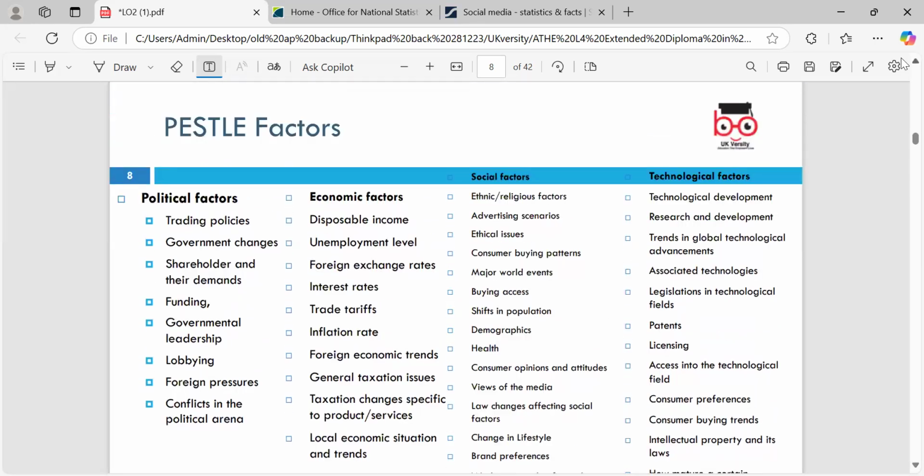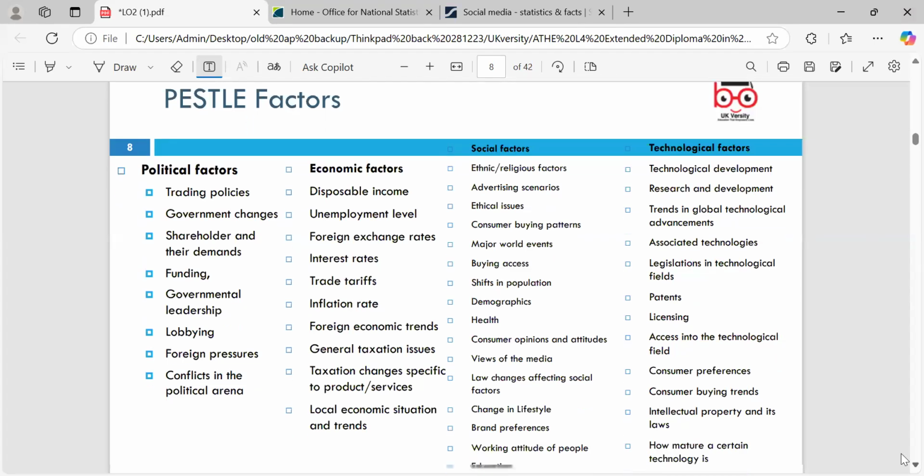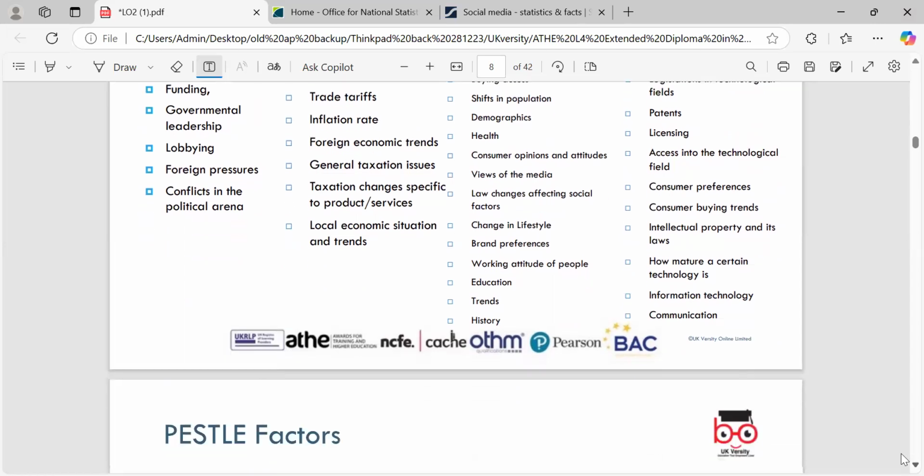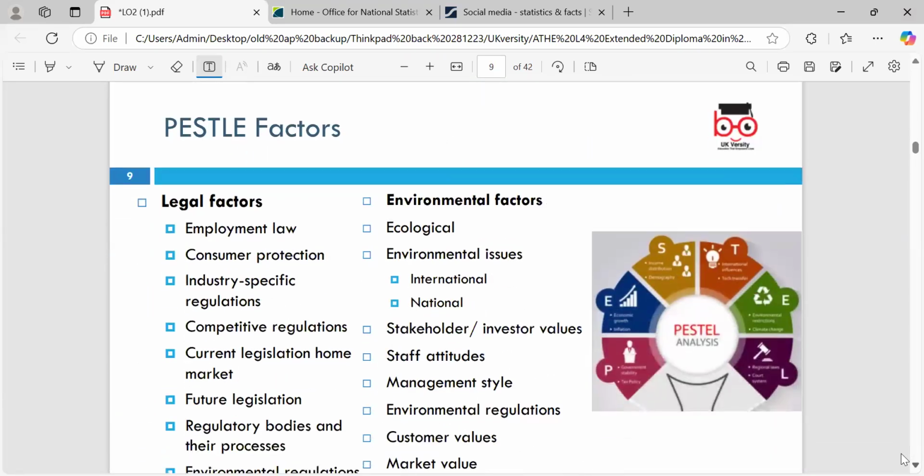Okay, technological factor: technology development, research and development, trends in global technology advancement, associated technology legislation in the technology field, patents, licensing, access into the technological field, consumer preference. We have to look at the consumer buying trend, intellectual property rights, and how mature certain technologies are, information technologies, and communication. So when we look at the political and legal factors, employment law, because an accountant deals with this if you are running a business as a firm, you have to look at employment law